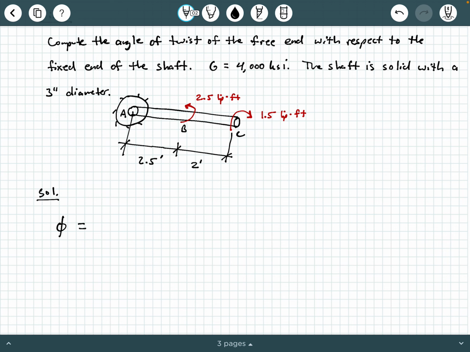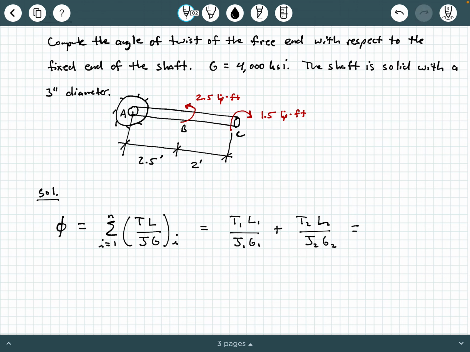Phi equals the summation as i goes from 1 to n of TL over JG sub i. Now, how many segments do we have? Obviously 2. So this summation can be expanded as T1L1 over J1G1 plus T2L2 over